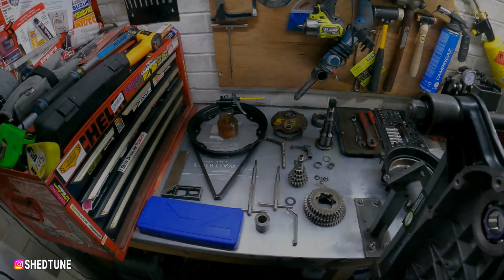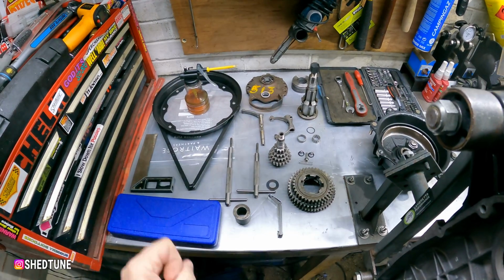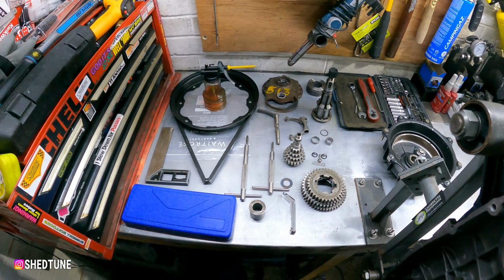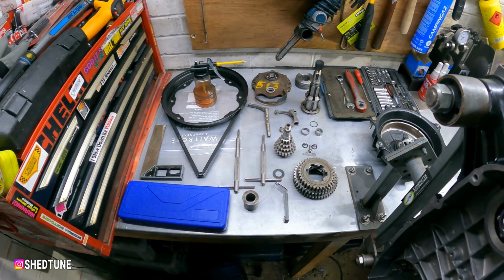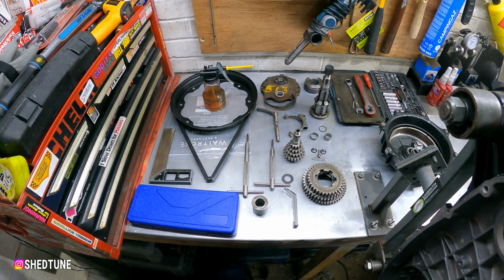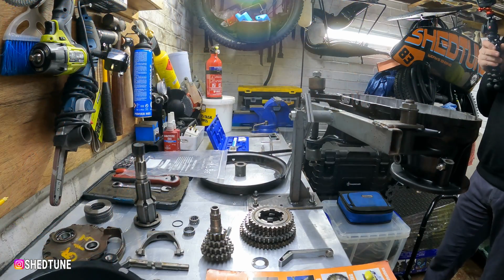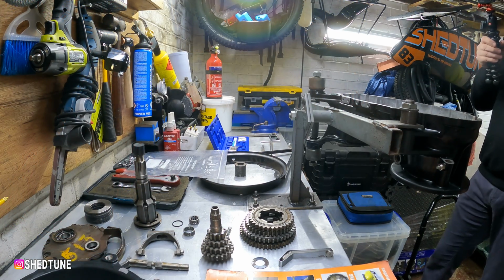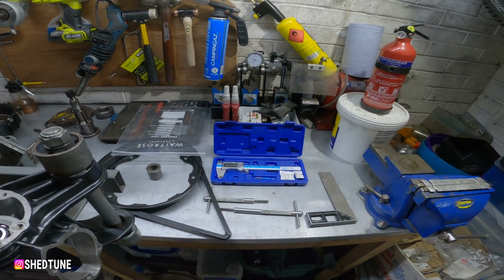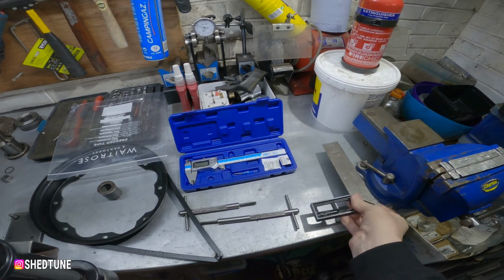So I thought I'd lay out all the bits and pieces that I'm going to be using today and some of the tools I'm going to be using, because if you've ever rebuilt a gearbox or built a gearbox from scratch, you'll know it's quite tricky, and there's a few bits and pieces, tools that you can use along the way to help you. So as I just said, one of the most important things we're going to be doing when doing all this is looking at the tools, and the tools that I'm going to use for this job are a square,